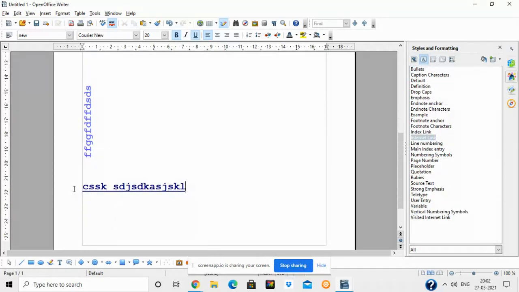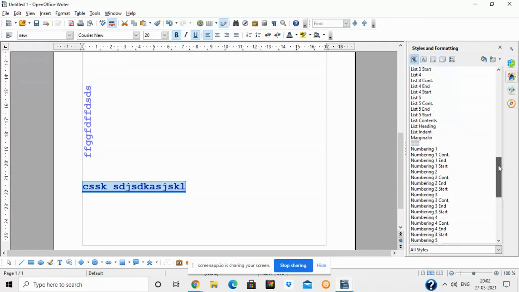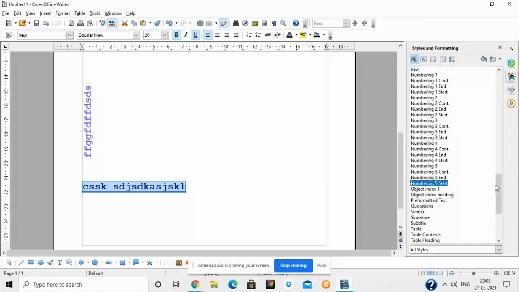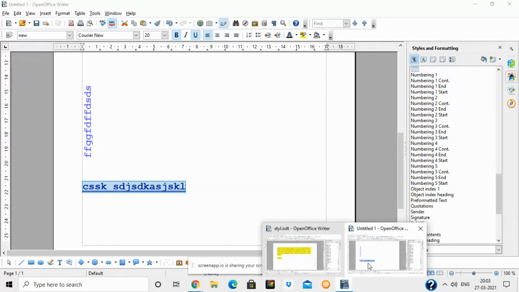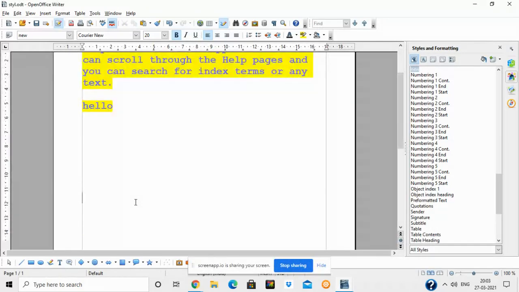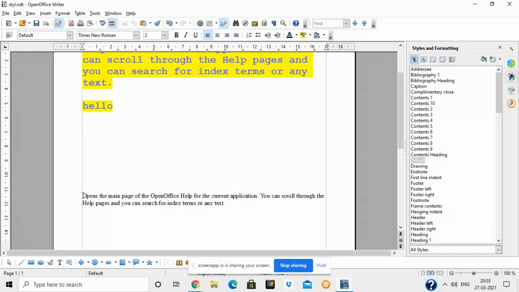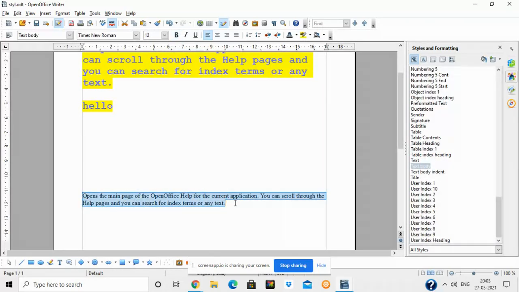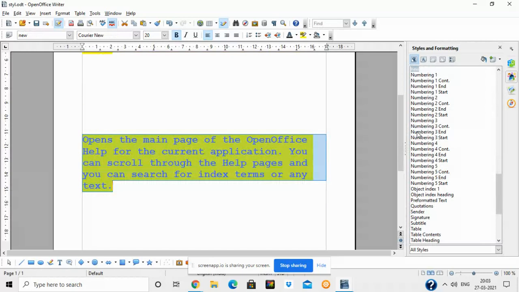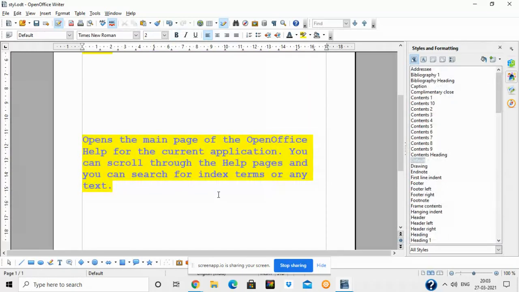And suppose in my new file I want to use this style, so for that I'll write any text, select the text, go to paragraph styling, and double click on new. Let me again take a text here and apply the style on this text. I am selecting this text, and after that I am double clicking on new, and you can see the updated style has been applied to this particular text.